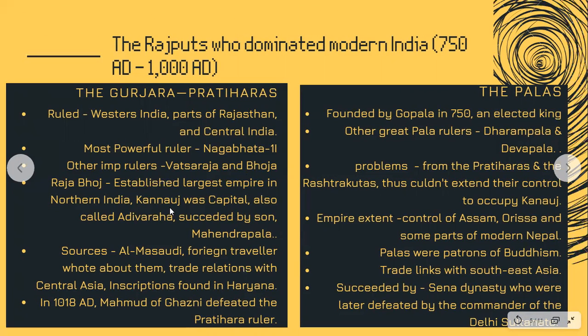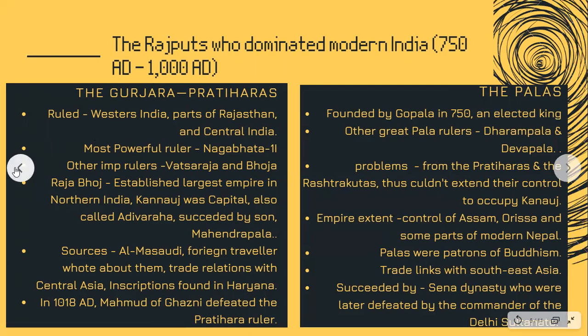So you might be wondering, how did this capital change to Kannauj? Because students, the time period that we're covering, right, is between 750 to 1000 AD. This is a huge time period, right? So not one empire will be ruling during this time. A lot of empires come and go. There are wars happening, right? People fight, kings fought for control, for territory.